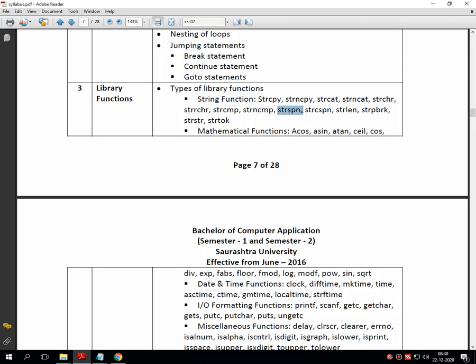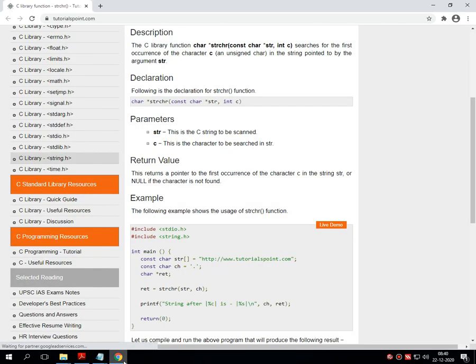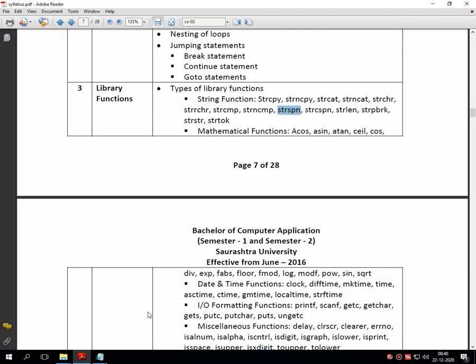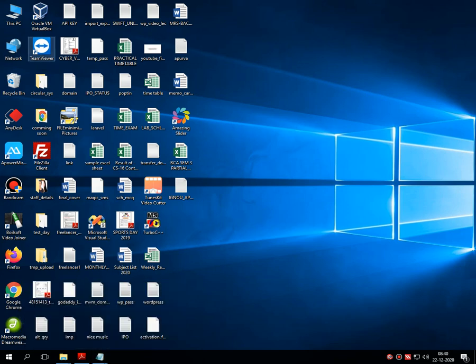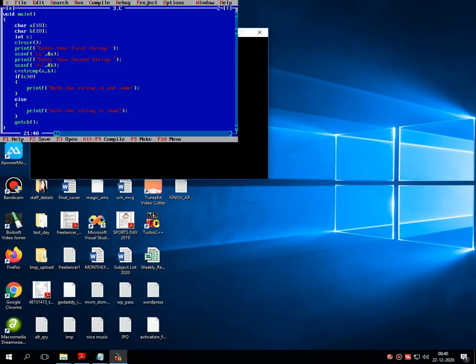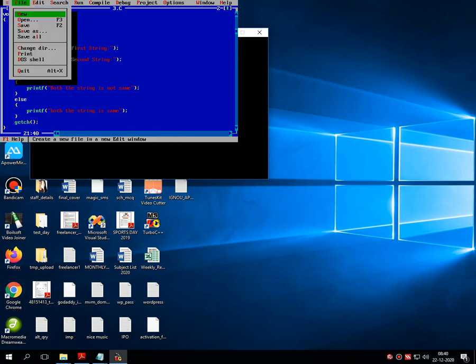Now next one is strspn. This is a little bit important as far as the examination point of view is concerned. So let's see the theoretical part of strspn first, and then we'll go for practical discussion.